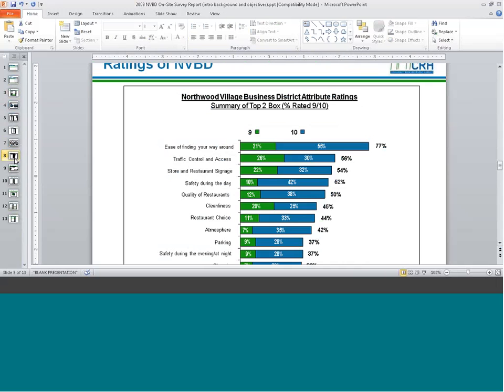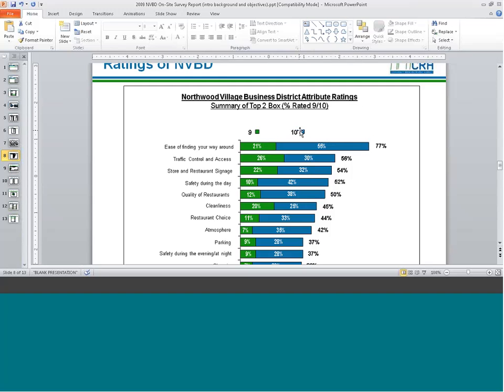So now let's jump down to this stacked bar. This is the attribute ratings, and this is one of the ones that you should have on your report. Now, the way that this is shown, it's 9, 10, which I told you is what you need. It's top 2 box. So it's 9, 10. Here it's showing the people that said 9 and the people that said 10. When you write about this,